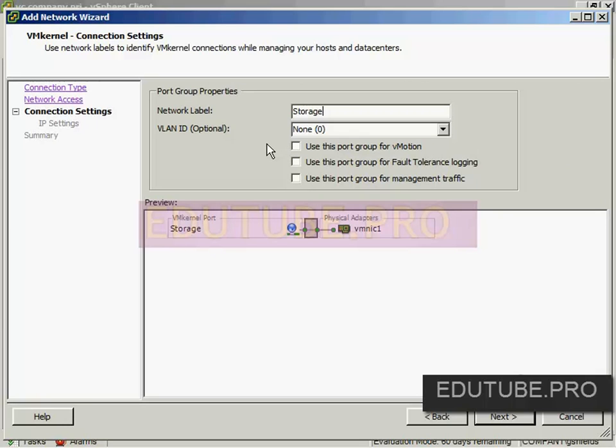But if I'd had the other situation where I had a small number of bundled cables together that had multiple VLANs attached to them, well then I could identify a VLAN ID here if I wanted to. This would give me the ability to have a single pair of connections running multiple VLANs across those connections. When I have this set up, I can choose to use this port group, for example, for vMotion, or for fault tolerance logging, or for management traffic. Now in this situation,